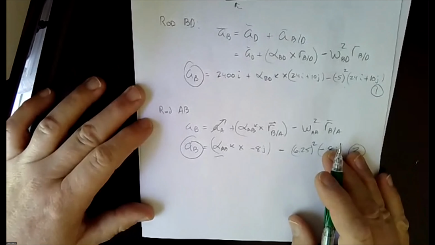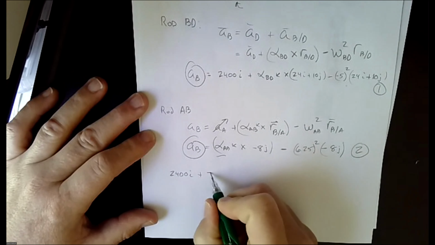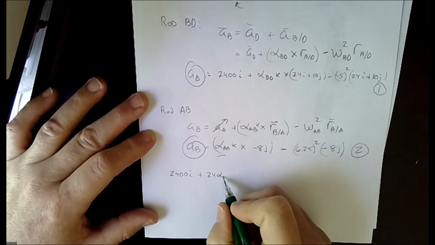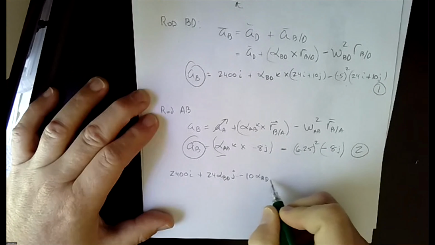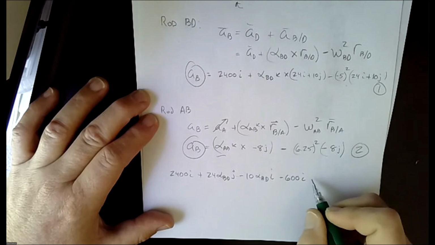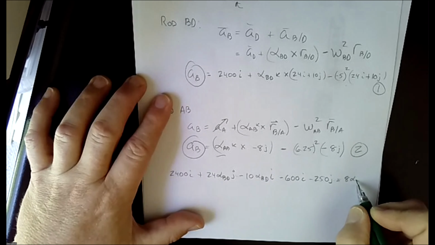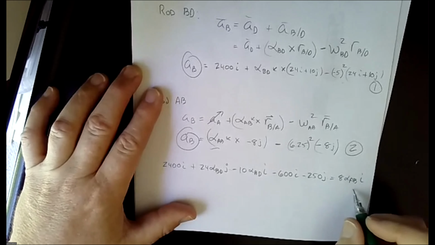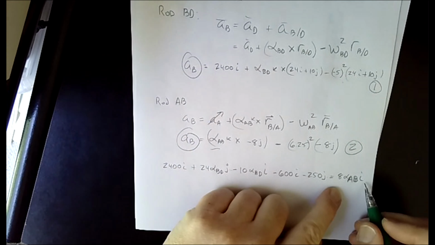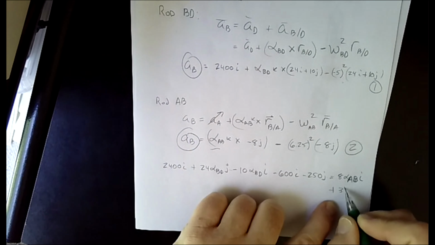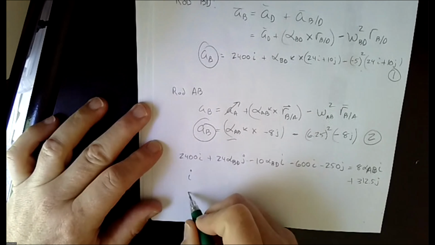All right. So if we do that, we end up with something that looks like 2400I plus 24 alpha BD in the J, minus 10 alpha BD in the I, minus 600I, minus 250J, equals 8 alpha AB I, plus 312.5J. So if we separate out our I and our J,